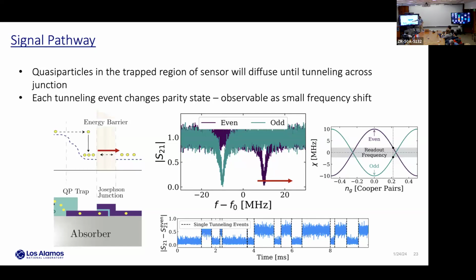And so if we are just measuring what is the resonant frequency as a function of time, this is what an actual measurement would look like. This is just random events. This isn't an actual event. You just get 0 state or 1 state, and it'll oscillate back and forth. And then you would integrate that whole thing, and that would give you the total number of quasi-particles that occurred in that event.